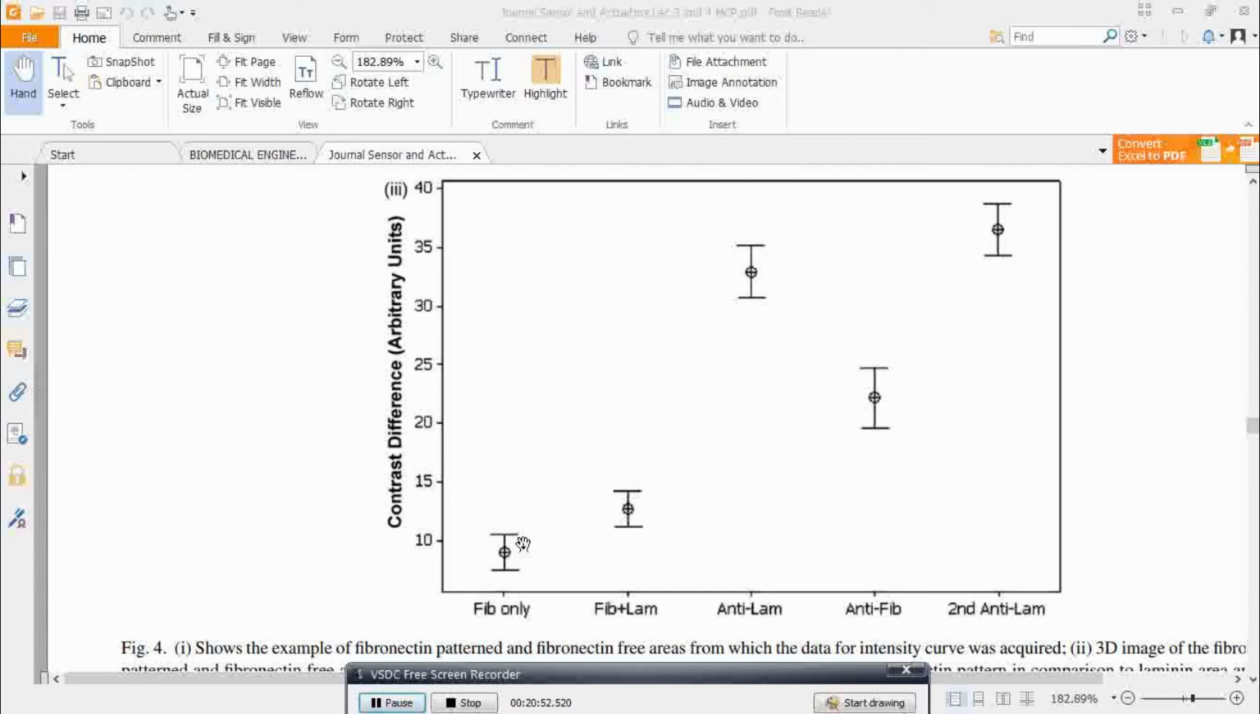Okay, this is what the quantified result looks like. We have managed to record the contrast difference, according to the process that I explained before. At the beginning, the contrast is very low when we have fibronectin protein only, but when we mix, we have the laminin coming in between the free areas, so the contrast increases a little bit. And then when we record it again, the process of antibody for the laminin, so now the target,